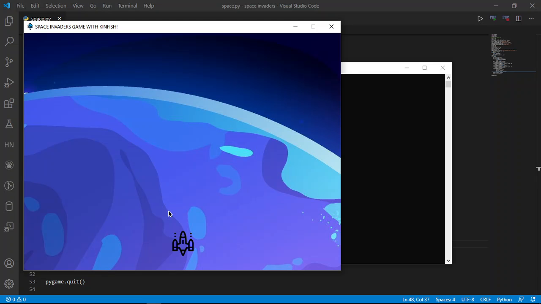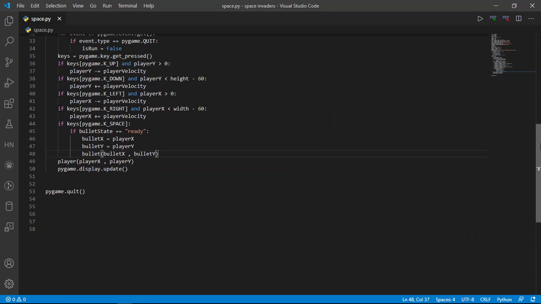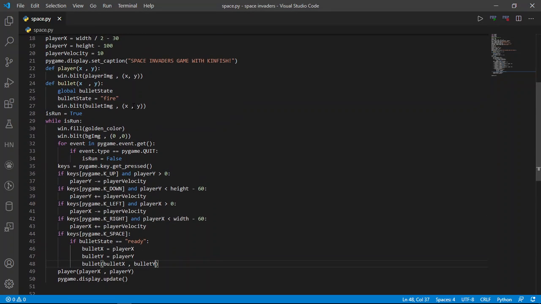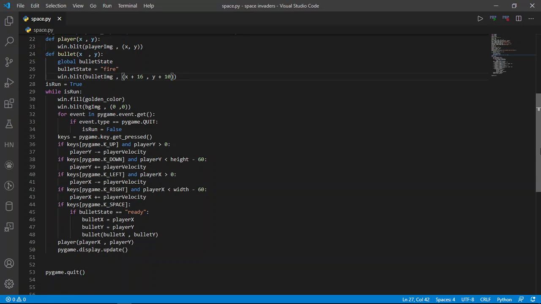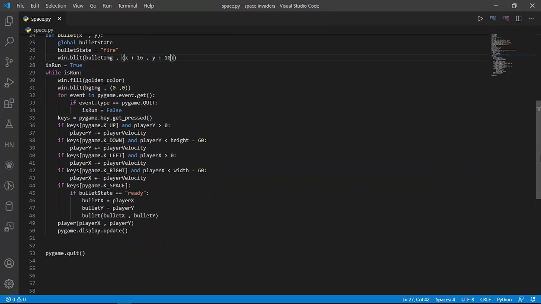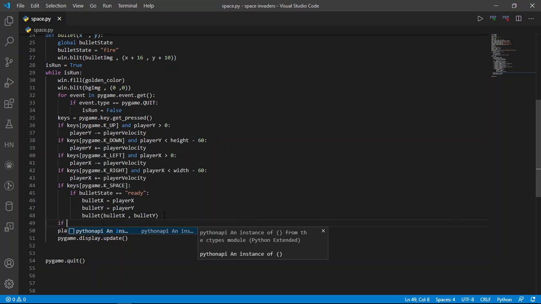Let me just see what it is going to look like. As you can see, the position is a little bit off, so we add a little to x, by 10 or 16, let's add 10, and a little to the y so it moves a bit down. Now the condition: it applies when the bullet state is equal to fire. So in this case I'm going to define if the bullet